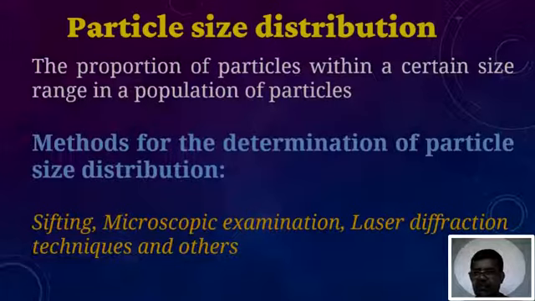In this one, a weighed amount of material is placed on top of a stack of nested mesh sieves with the opening sizes decreasing from top to bottom. The assembly of sieves is mechanically shaken or vibrated for a period of time, and the amount of powder retained on each sieve is then weighed and recorded. Today, most standard test sieves are designated by size of their openings in micrometers, but the traditional US standard and Taylor mesh numbers are also widely used. The mesh number denotes the number of openings per linear inch.